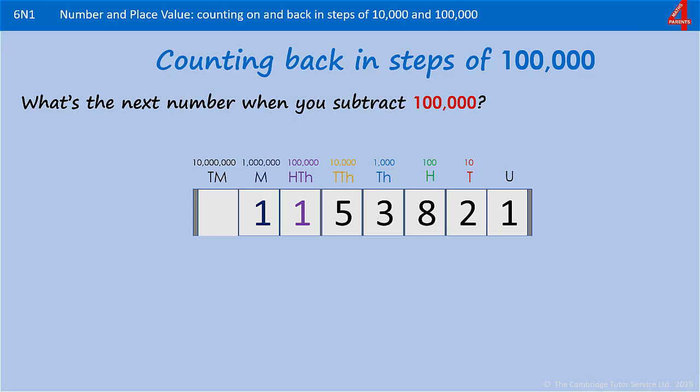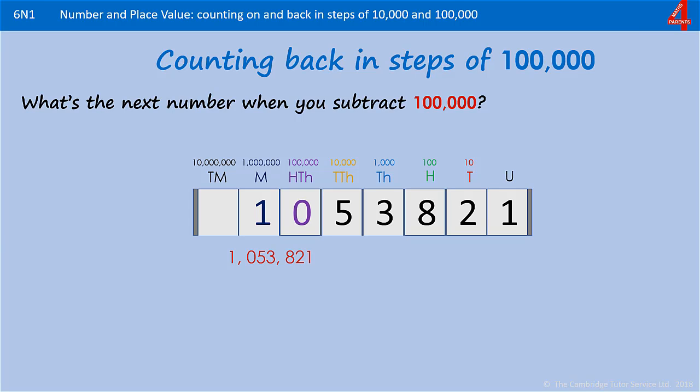What's the next number when you subtract 100,000 from this number, 1,153,821? We're taking away 100,000 and we have 1 in the 100,000s column. So that will just go from a 1 to a 0. And the number we have is 1,053,821. When we take away the next 100,000, because there's nothing in the 100,000s at the moment, that means that